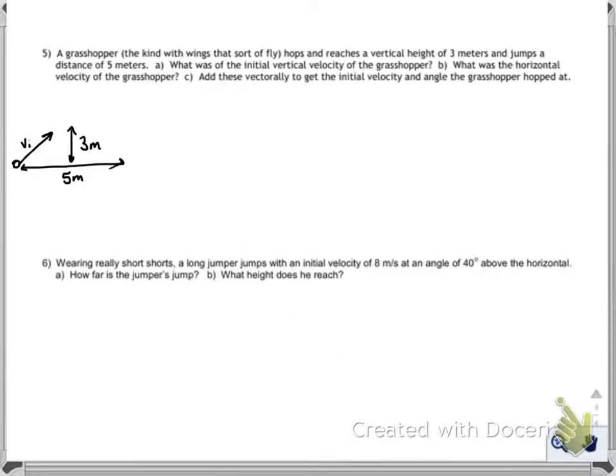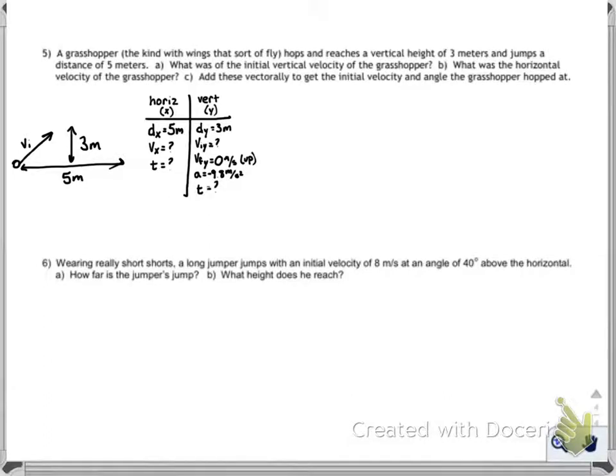Well, the first thing I'm going to do, like I've always been doing, is make my table. So I'm going to make my table with my horizontal values, that's in the x direction, and my vertical values, that's in the y direction. So I'm going to fill in all the information that I know so that I can figure out that initial vertical velocity. So on the horizontal side, I know my distance, but that's the only thing I know so far. On the vertical side, I know my distance in y, and if we look at only the up portion, let me specify only the up portion,